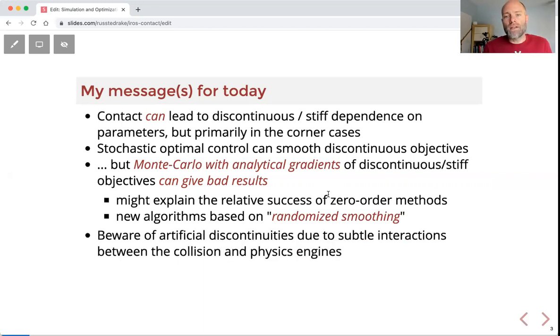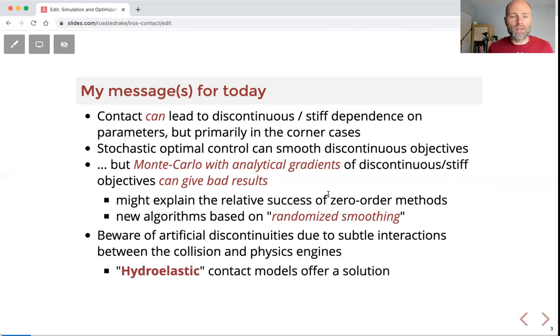There are some other discontinuities to be aware of. So I say that maybe in the mathematical sense, contact shouldn't make discontinuities as badly as you might worry about. But actually, the way we simulate them often can lead to artificial discontinuities. And I would say almost bugs that happen in our simulators all the time. And I think it's a big question whether those are affecting our work, and can we address them? I'll tell you one particular way that we've been trying to address them here with a contact model we like to call hydroelastic contact.